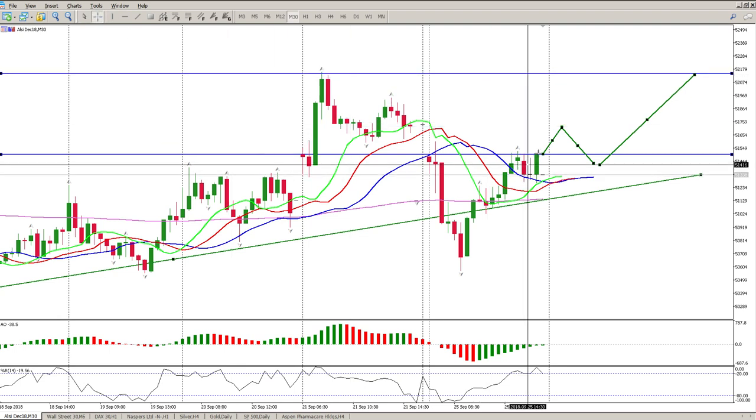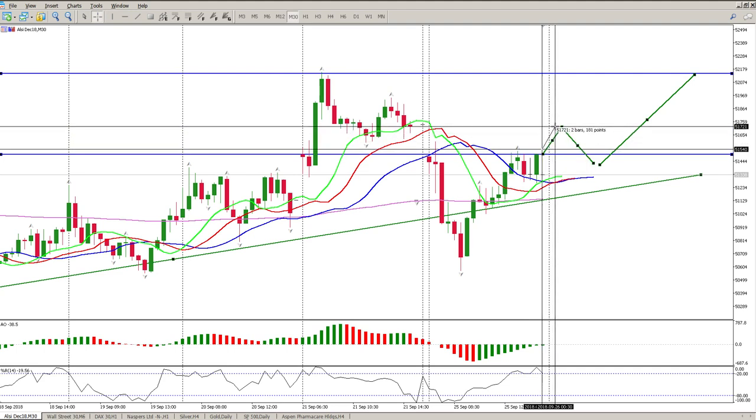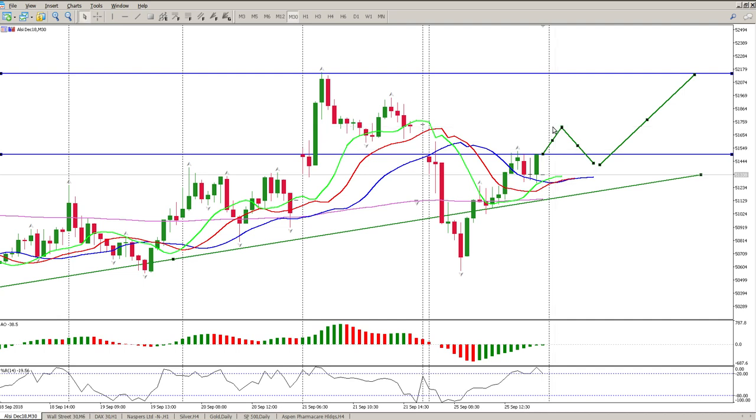Now, what I don't want to do is go long right at the open, because it's 180 points, but still, I'd rather wait for the first pullback. So we are going to gap up, that's pretty much sure, but it may only be a short gap, fill that top gap, and then come back and close this gap, consolidate, and that's the level that I'm going to be looking for longs. Okay, so anything around 51,500,